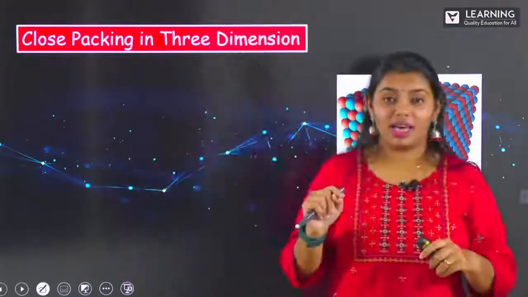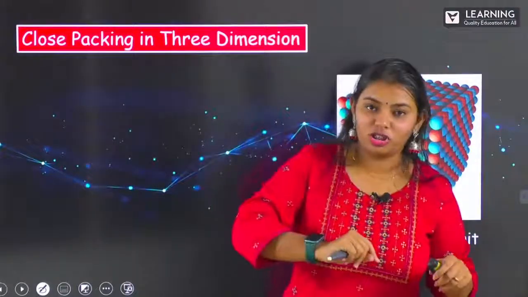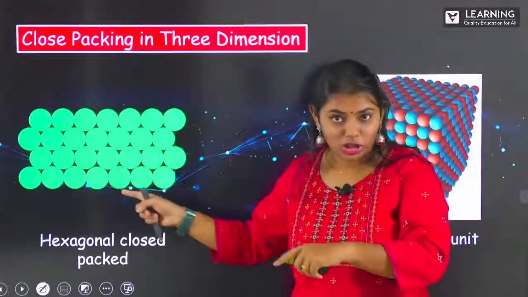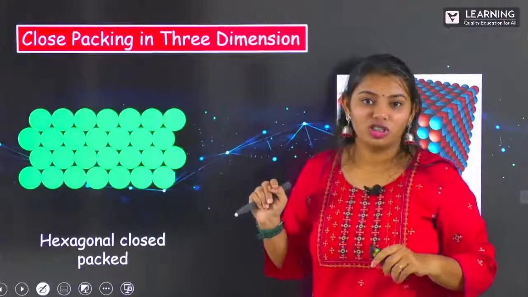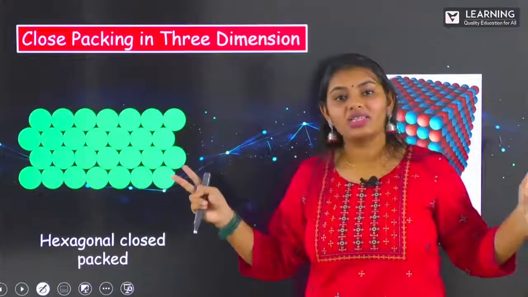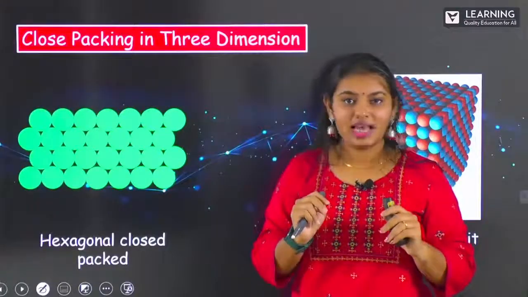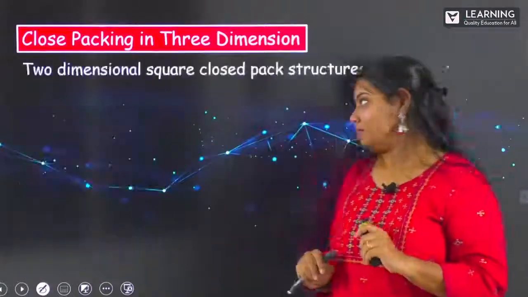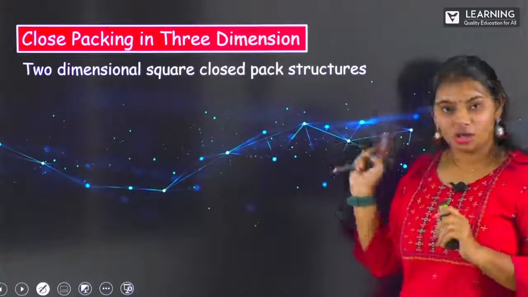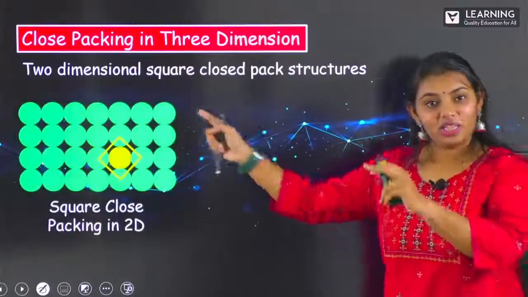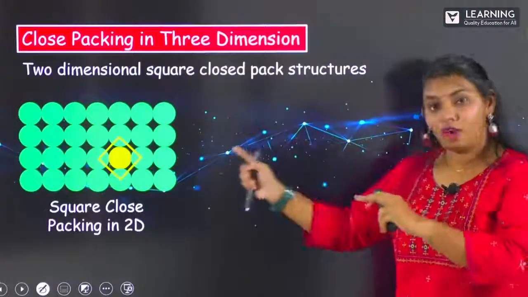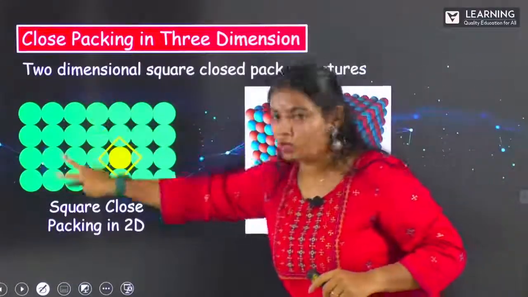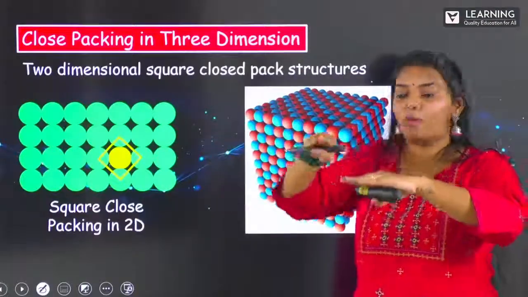Now from hexagonal close packing in 2-dimension, we'll get hexagonal close packing in 3-dimension. This particular one is 2-dimension, but I will show you how exactly 3-dimension is formed. There are 2 ways in which 3-dimension close packing happens. First, we will go through the primitive cubic unit cell from square close packing. So the first would be the square close packing in 2-dimension. From that, we will get the primitive cubic unit cell. What is happening here is, this is 2-dimensional, right? So this layer is formed on all the sides here.